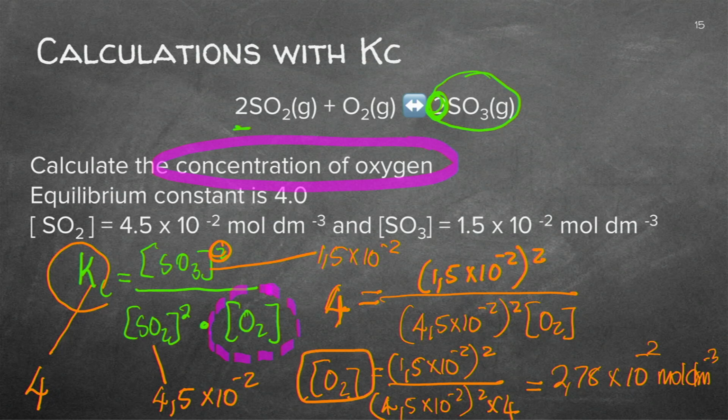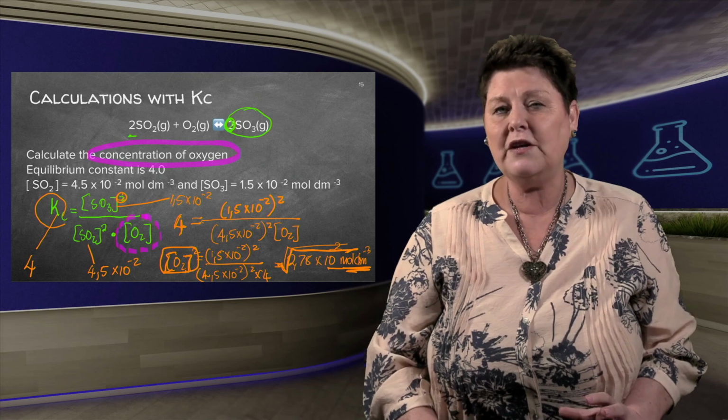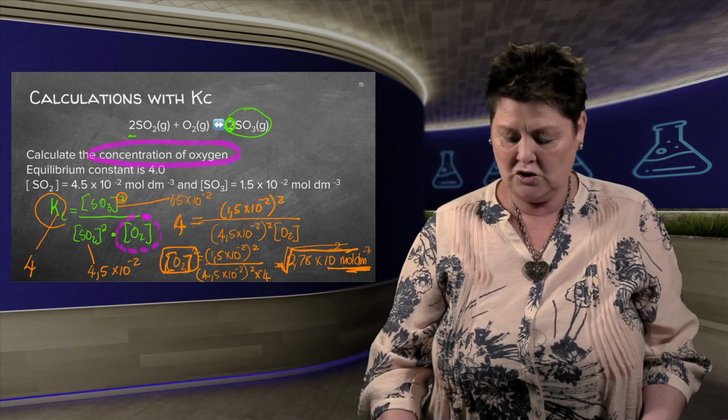Be careful that you know you're writing down the concentration, so you have to have a unit. And if it was something like square, you would have had to get the square root in the calculation. Remember to do quite a lot of these because it's easy and it's easy marks to find.